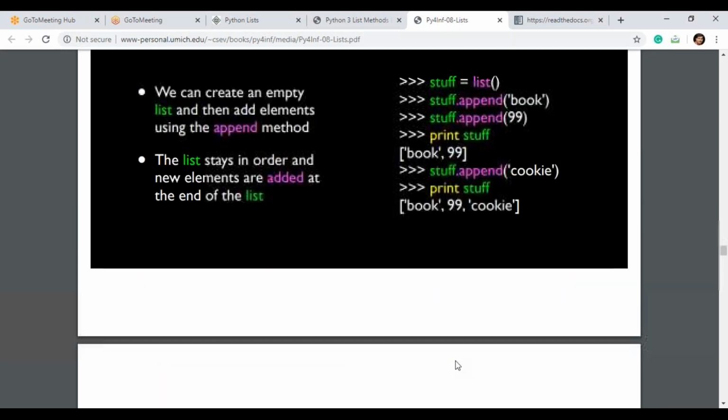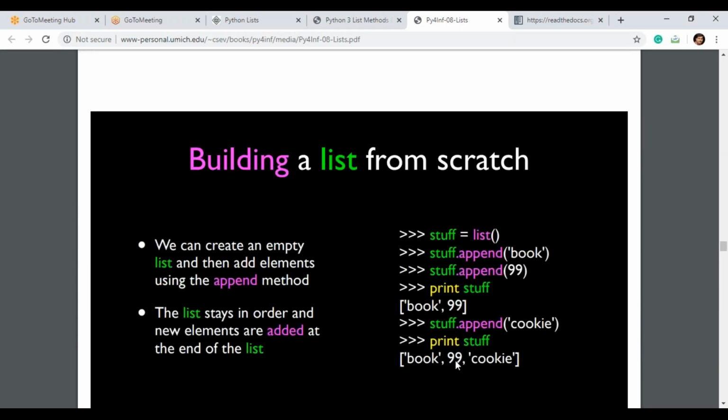Next, building a list from scratch. Starting simple, we can create an empty list and then add elements using the append method. For example, an empty list is available, right? Then stuff = list of empty. stuff.append, you can add a book, you can